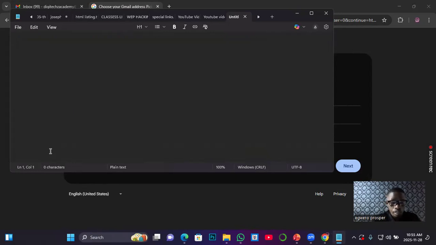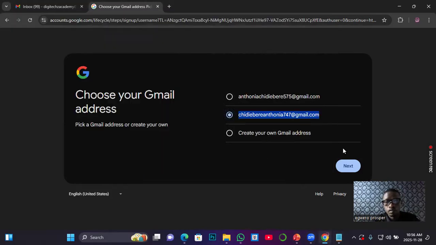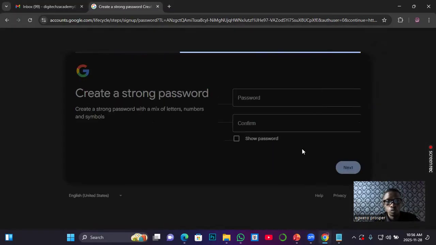So this one is an email, so I will say email ID. This is how you work, because sometimes it might forget, and that might lead to you restarting. Then definitely it is going to ask you for a password, so you document it. So you go back there. So I've chosen that one.